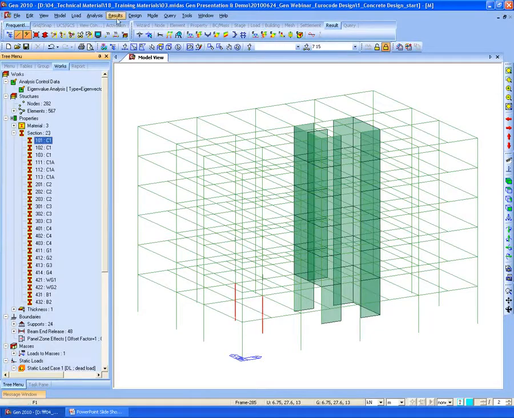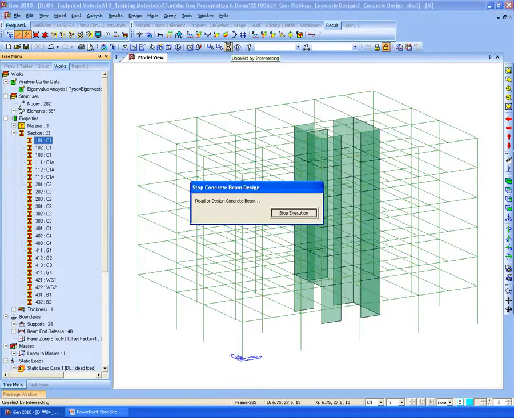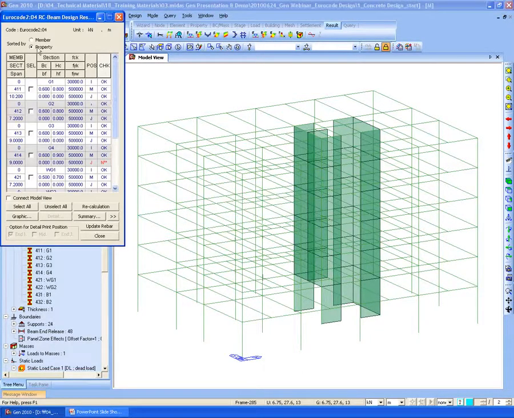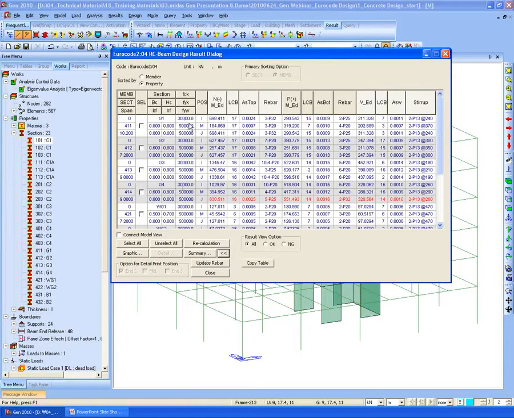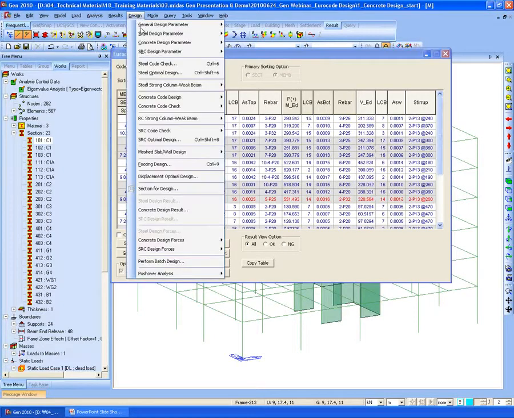then this design results will be displayed based on that group which we generated for the section group. So most critical design results will be displayed when it's sorted by property. But if we want to check for each different member, then you can select sorted by member. For the column design,